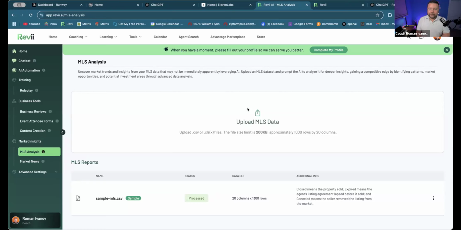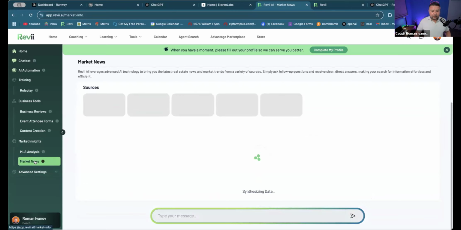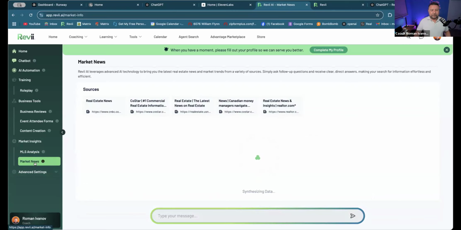target hyper locally. Imagine all agents creating content, let's say, on how's the market in Miami. But if I create it hyper locally and distribute hyper locally, those whom this content resonates with will have that aha moment that this agent's doing something different. That is the actual data for the condos in Aventura. Aventura is one of the Miami neighborhoods where I live. So very similarly, you can get the data from Revy on market news with a few buttons,